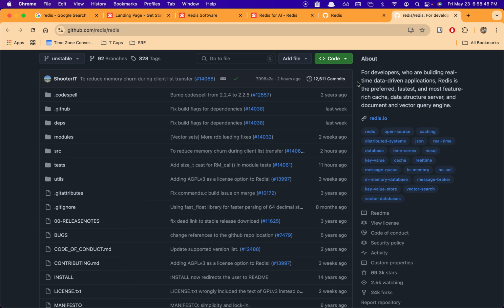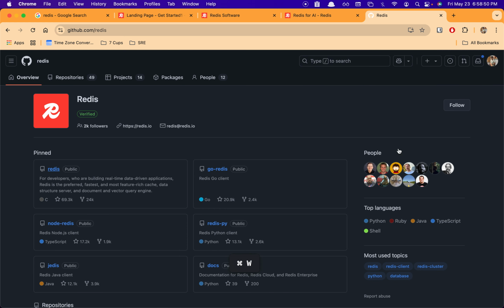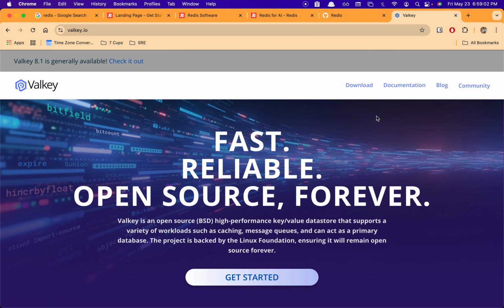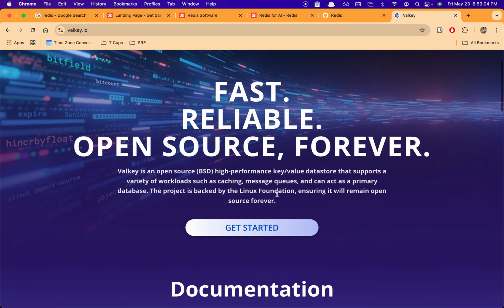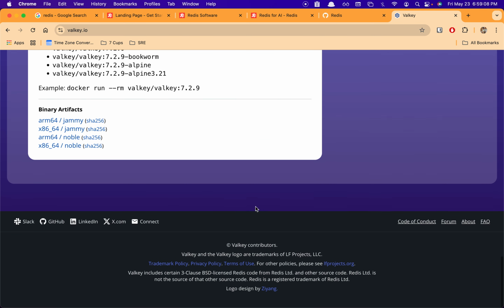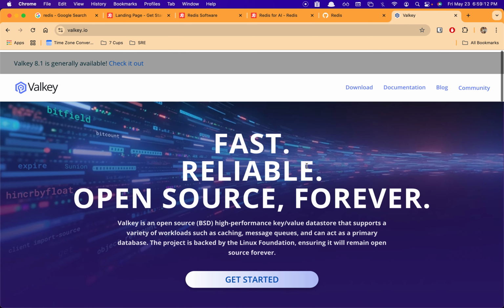So yeah, that's the license. And when this happened, another fork, another project, which is the fork of Redis, started off. So it's basically Valkey, and Valkey has been started by all the cloud companies that provide Redis. So, for example, if you look at their